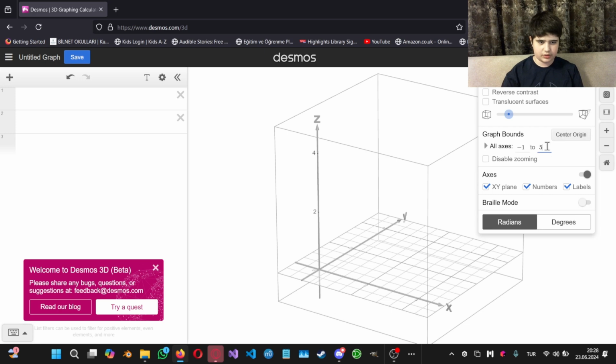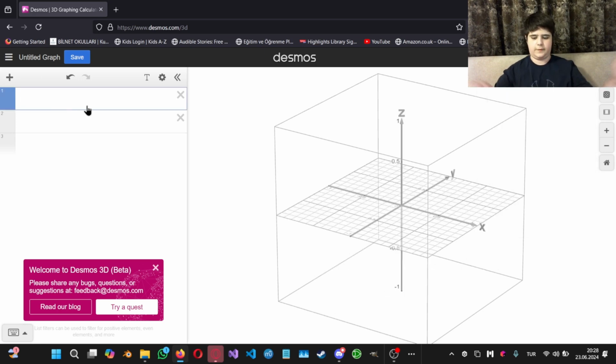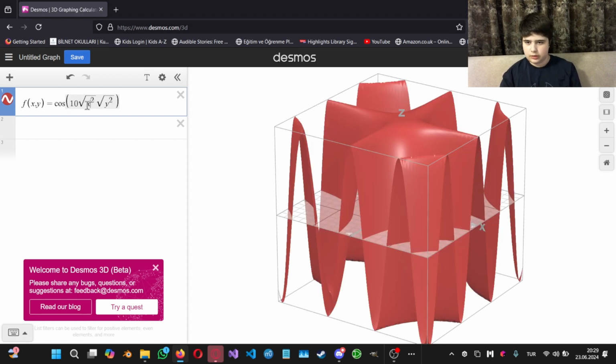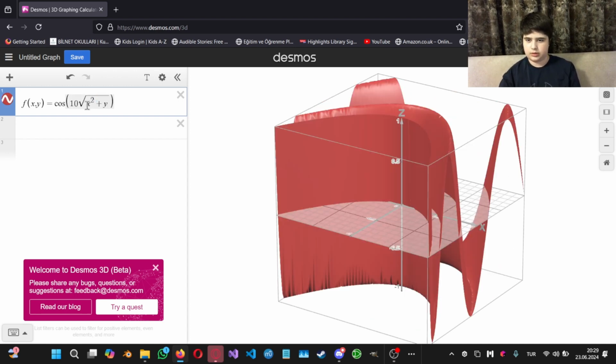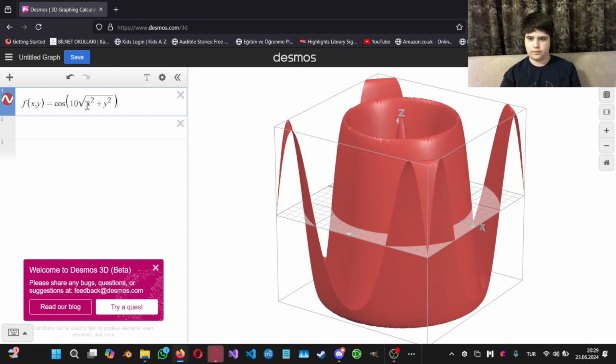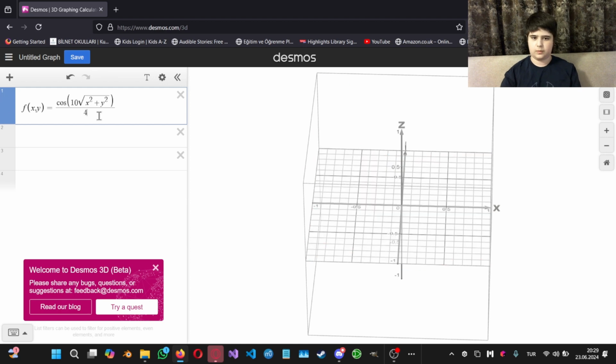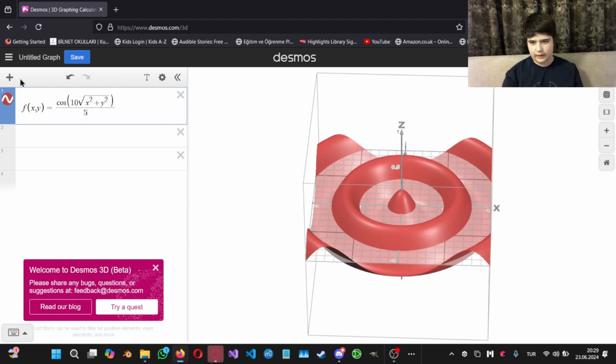So let me just quickly scale this graph and then define a function or surface to find the normal map of. And that's going to be... That's still too wide, so I'm just going to multiply that by 10. And I realized I made a mistake, plus y squared. And then divide that by 10 to get this surface. Actually divide that by 4 or 5. Yeah, 5 looks good. So to take the normal map of a surface, you need to first find its tangent,